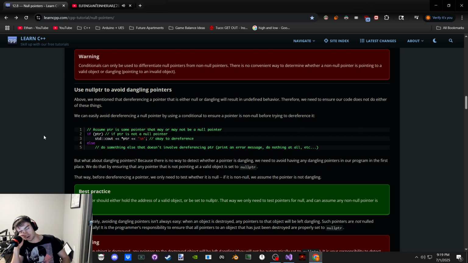So if I returned the address of an object in a function, and then I initialize a pointer with that, and the object isn't static, and then I dereference the pointer, we're dereferencing a dangling pointer. Because it's pointing to memory where the object that used to exist no longer exists. Therefore, it is now dangling.